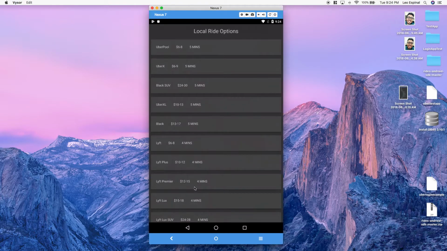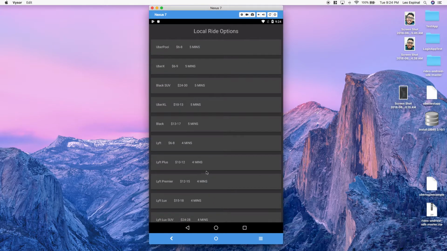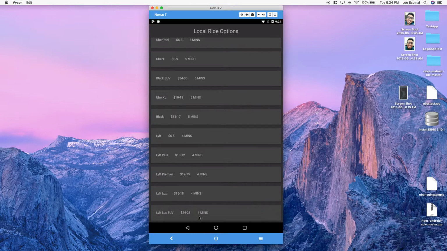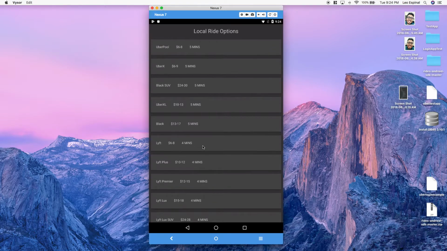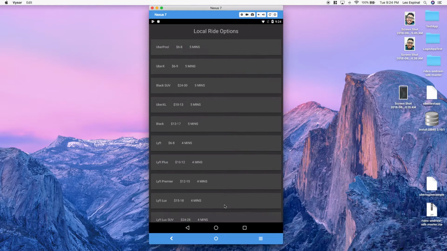And so here you can see what the local ride options are. So in order to get there, I have a bunch of different options via Uber and Lyft. And one of the things that are pretty interesting to see is the differences in price and actually the estimated time of arrival. So it looks like Lyft tends to have somewhat lower rates, or a range of rates that are cheaper than what you see with Uber. And they seem to get you there just a little bit faster.